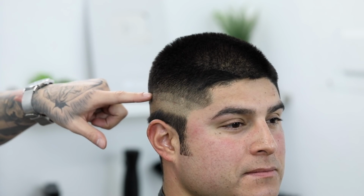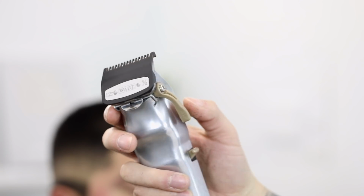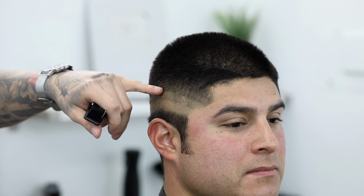So now that that top guideline is blended out, next we're gonna move forward and start blending out this middle guideline. For this one, we're gonna go ahead and throw on this half clip on the clipper, and I'm gonna still leave that lever position on that 3/4 spot. And I'm gonna just continue blending right there exactly where that line is at. And because it will take 2 guards to blend out completely,